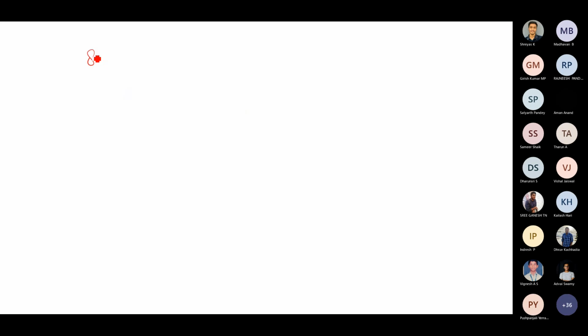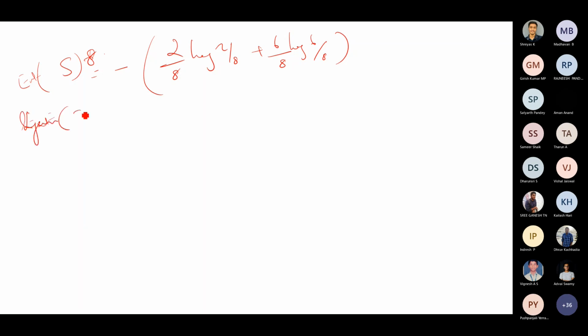There are totally 8 cases. So 2 by 8 into log 2 by 8 plus 6 by 8 into log 6 by 8 is the overall entropy. Entropy of S. Okay, you have to find out this. And then you have to find out gain of S comma A. So for which you have to compute entropy of A. Okay, and then you have to find entropy of B, and then S comma B you have to find out. So you can use one of them as a root depending upon whichever has got the maximum gain.